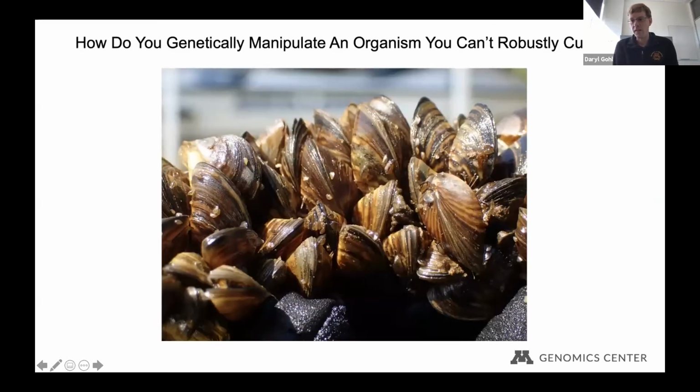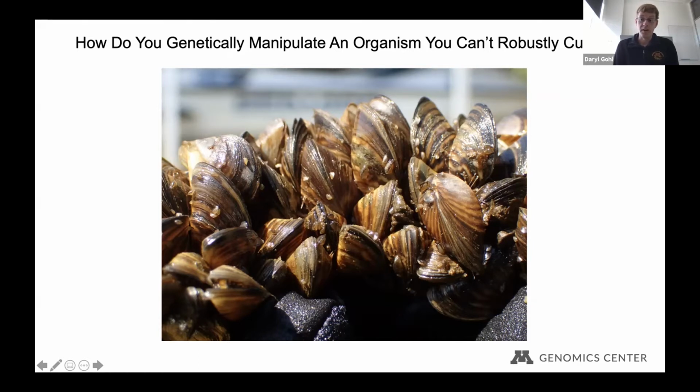But in addition to needing that genetic information that we got in the genome, there was another large challenge in trying to genetically manipulate zebra mussels, and that's the fact that they don't grow and propagate robustly in the lab. And it's a bit ironic given how robustly they grow and propagate in the lakes and rivers throughout the state. But when we bring them into the lab, we can keep them alive for a period of time. And actually, we've had some mussels in the lab, I think since July or so, that are still going. But really, you run into a problem in getting them to spawn and reproduce in the lab.